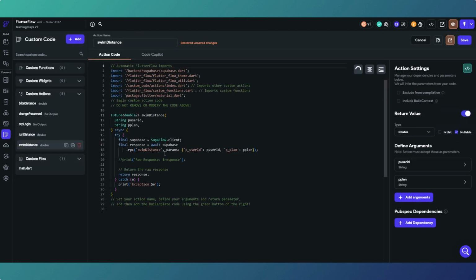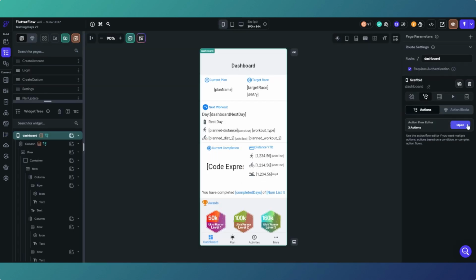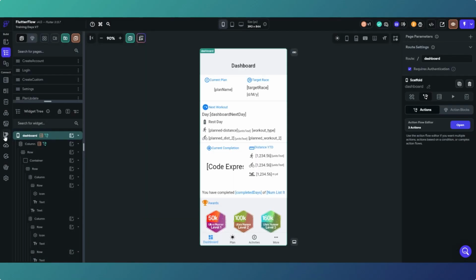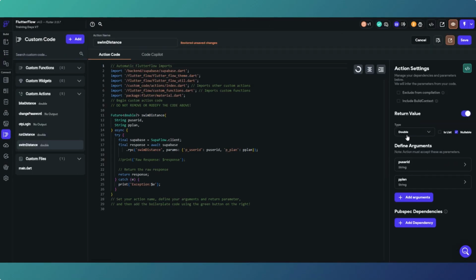So in the swim distance, we're passing the user ID and the training plan name. We are returning a double. So if we go back to the page again, just back to the actions, we're passing in user ID and the plan name. That's these, returning a double, which would actually return a raw response, but it is a double. We'll see that when we get to